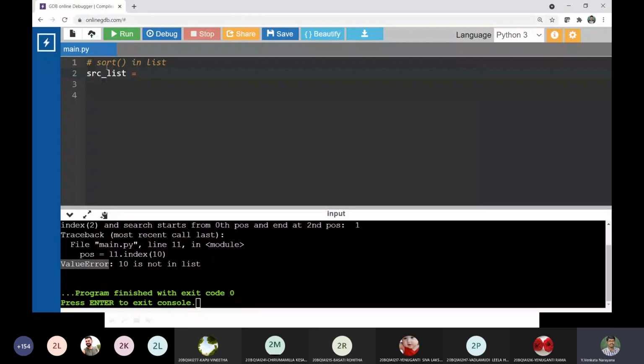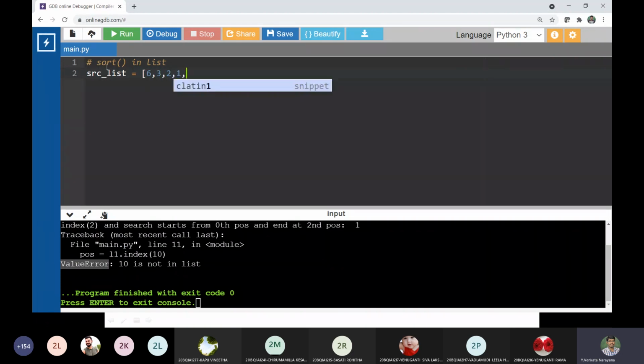So source list 1 is equal to 6, 3, 2, 1, 4 and 8.